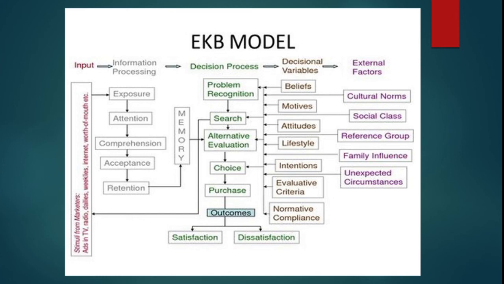So, the variables influencing the decision process. The last section of the model consists of individual and environmental influences that affect the five stages in the decision process. That is individual differences, which include motivation, values, lifestyle, personality, and attitude. Other environmental influences are culture, social class, family, reference group, and situational influences such as the consumer's financial condition, etc., which also influence the decision making process. So that's it about the EKB model.